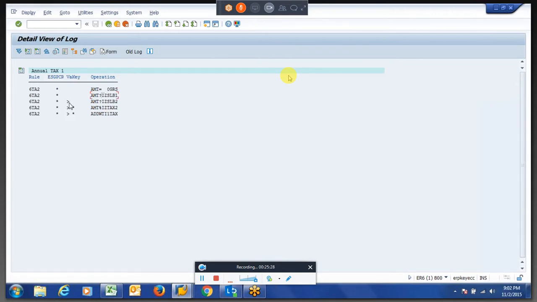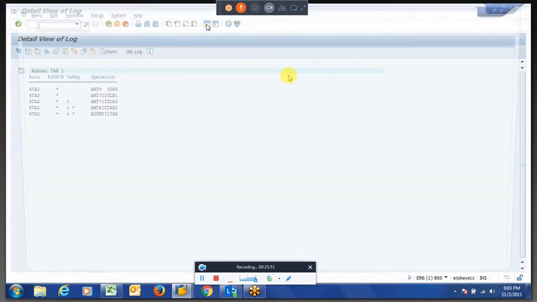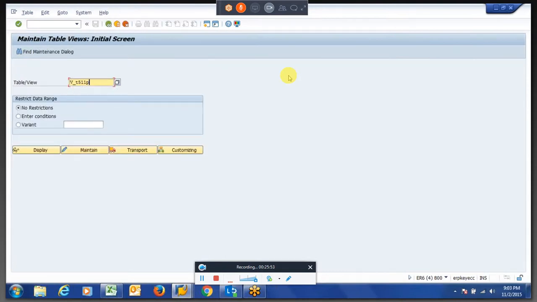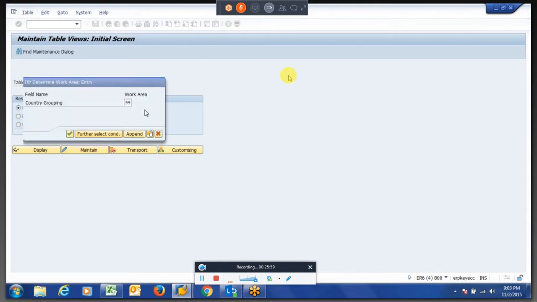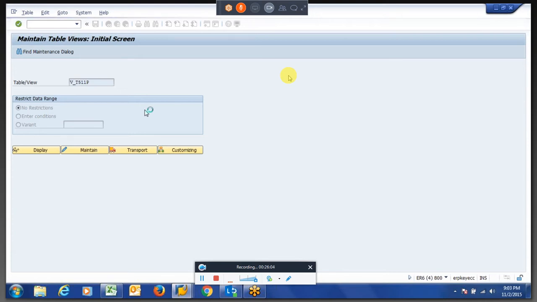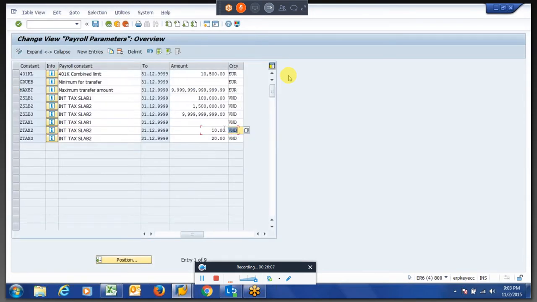If it is greater, slab 2. What is slab 2, we have to check the maintained value. The slab 2 percentage we are taking, you know from where, T511. In slab 2 we are taking 10% of the value.